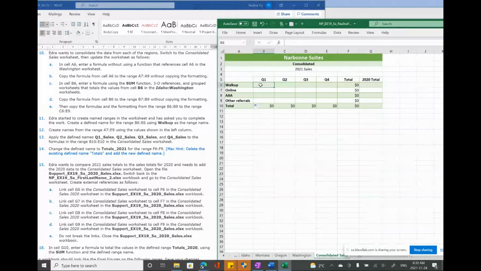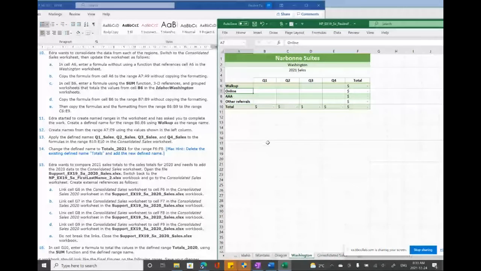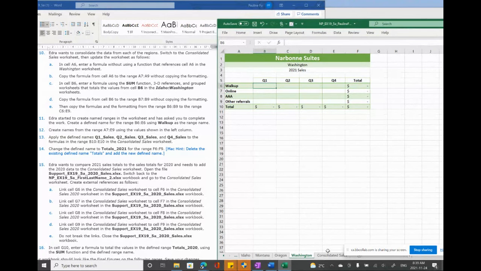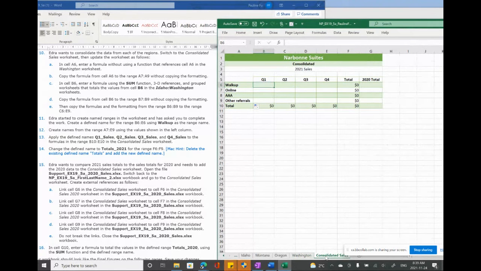Okay, you are asked to do. Actually, you are also asked to add the number in Washington, although there is nothing in Washington for cell B6, but you are asked to include that number. Okay. All right, so that is what we are going to do. So I click Consolidated Worksheet, then put my mouse in cell B6, press equal, and then typing SUM, opening bracket,